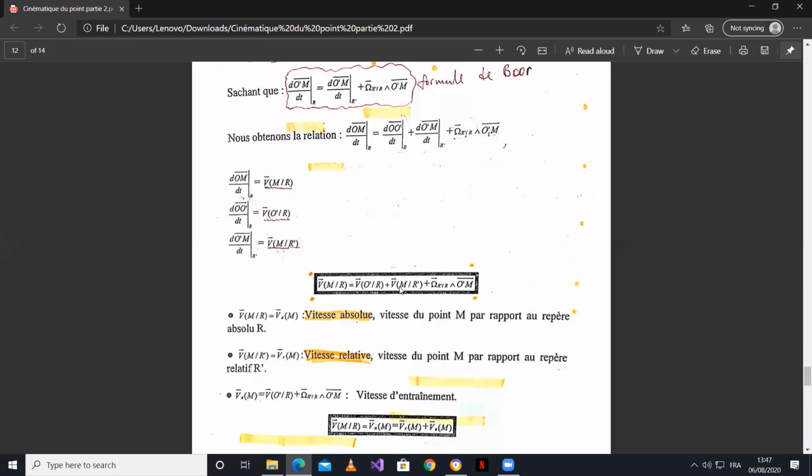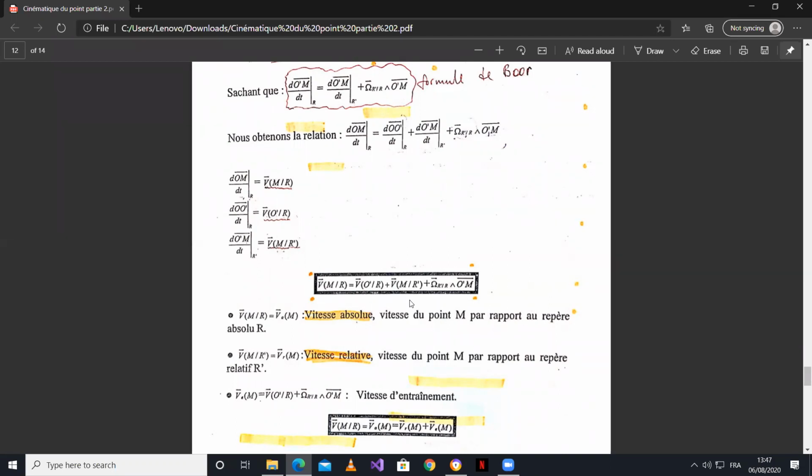Then we have vitesse du point M par rapport à R prime. We call this vitesse relative because it's not complete. It's just the vitesse of the point M with respect to one referential, the referential R prime. And that R prime is moving. So we cannot take that as our vitesse because there's more happening to the point M that we have to